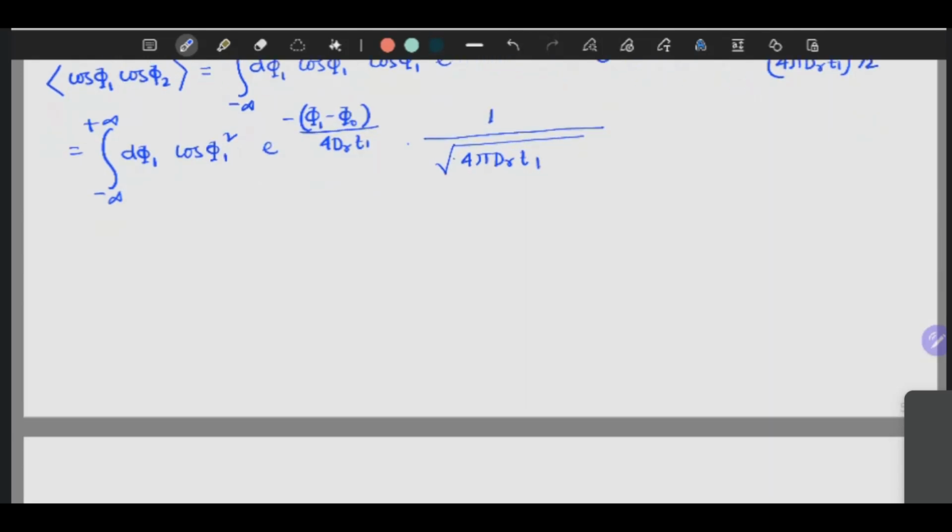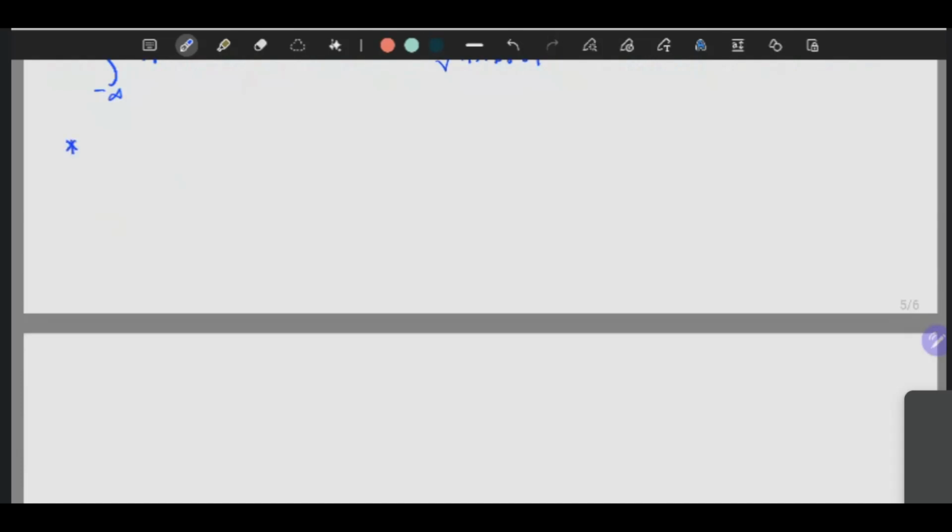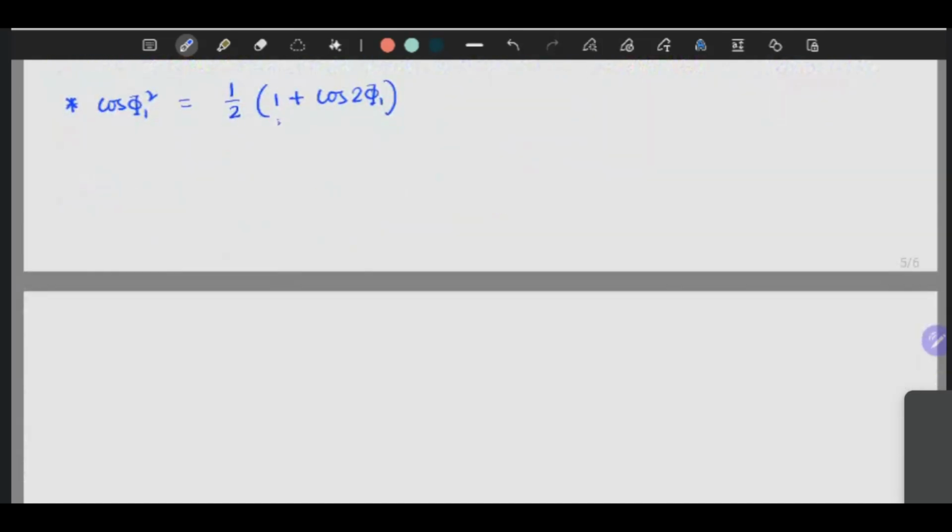Now this cos φ1 squared can be written as half of 1 plus cos 2φ1. For 1 we can easily write it, and for the other we will do this. So if you substitute this thing, then